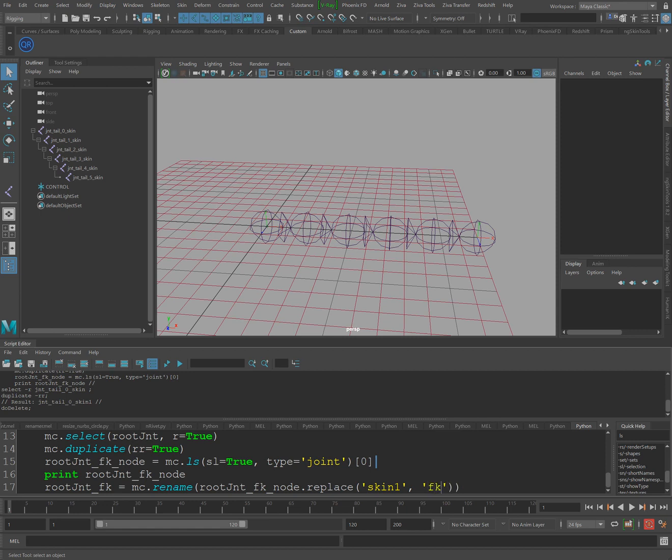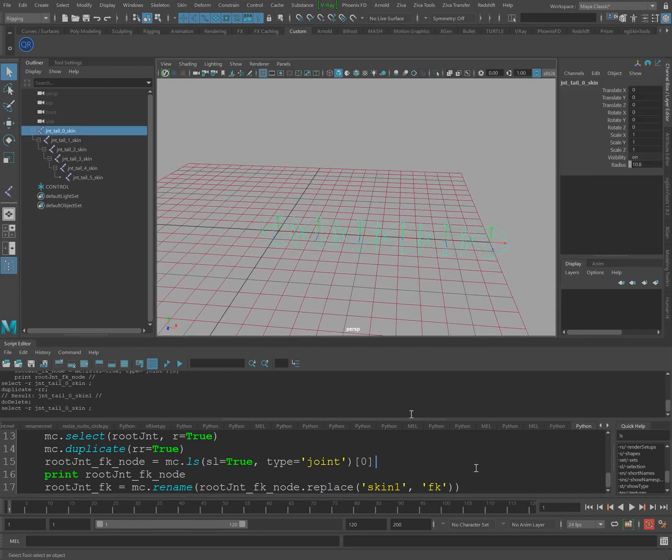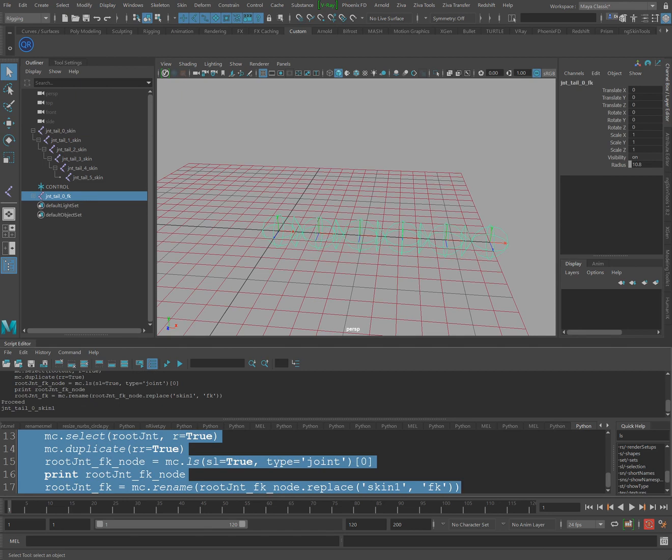Alright, so let's go ahead and see what this does. With our root joint selected, if we were to go ahead and run this, take a look, we've now replaced the name skin with fk. So we're off to a great start. Now it hasn't renamed the entire hierarchy. We're going to do that another way, but note that we can at least use this to start to organize